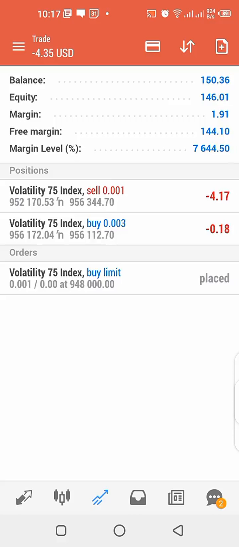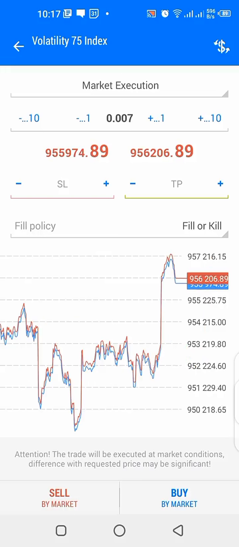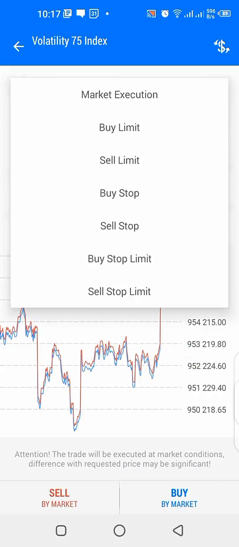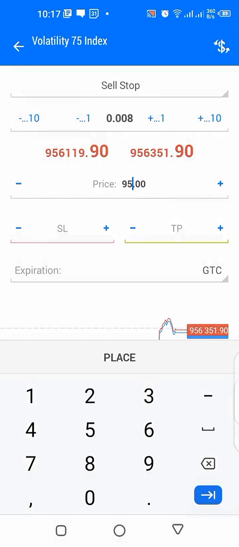Okay, but for now, price is directly on the buy trade, and we have a drawdown of minus 4.88. Drawdown on the buy side, drawdown on the sell side. Don't forget, this strategy is not for small accounts. To use this strategy, you need at least